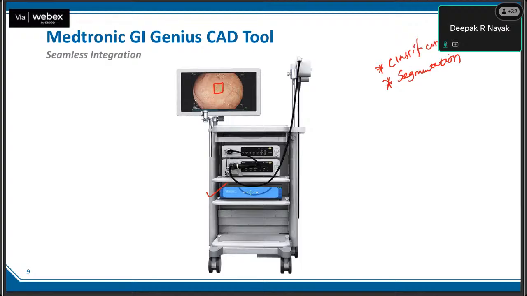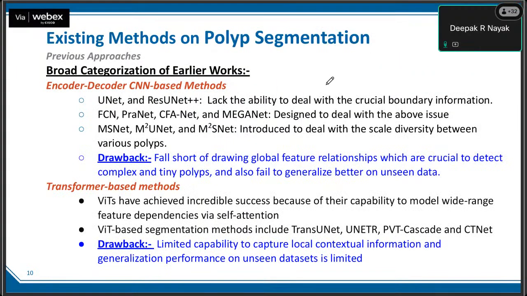Even if you want, you can also detect. So detection is also another task, where you can only provide the bounding box where there are polyps. Segmentation is also going to give us the boundaries of those polyps that are present, which is even very important. So that is why you will find there are several research works on polyp segmentation in the